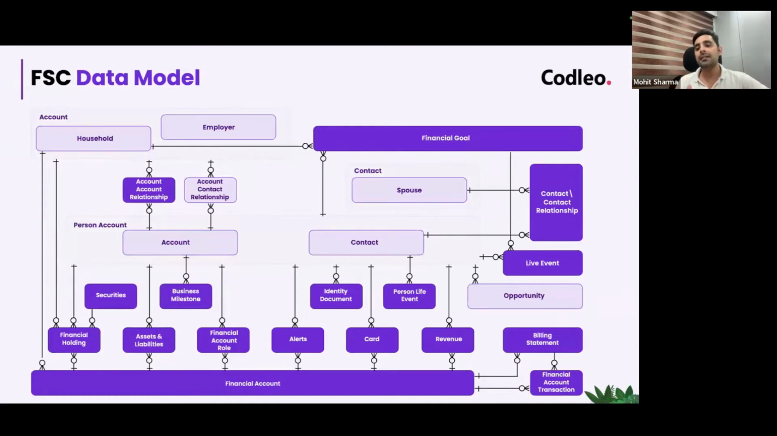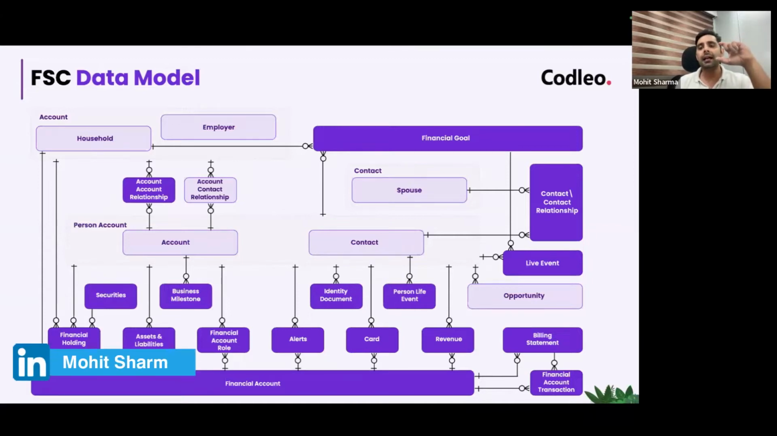Then your billing statements, because one financial account might have multiple or different billing statements, or billing addresses as well, billing transactions as well, right? So this is how financial account transactions and billing statements will also be taken care of. So this is the FSC data model, and why I'm taking so much time on this, because